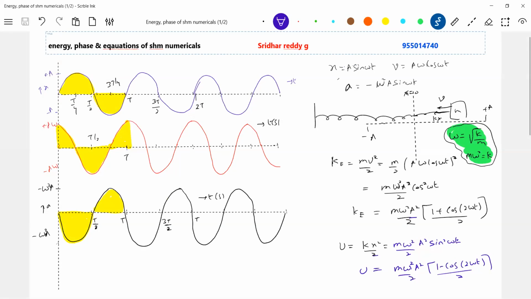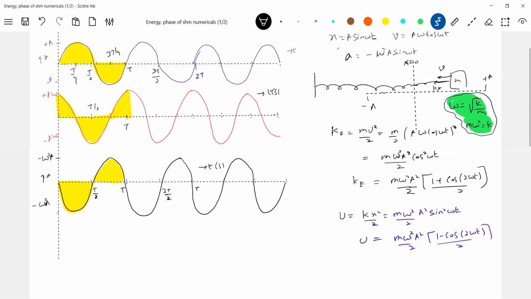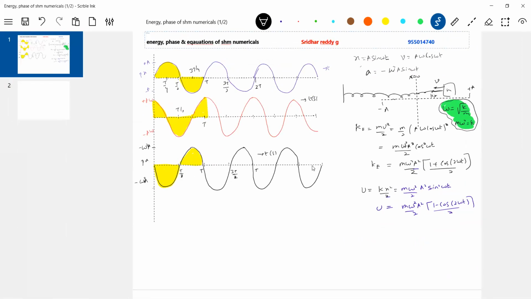The same trigonometry. In trigonometry, it was like y equal to sine theta, x equal to theta. Here, instead of theta, you have omega t. So bring back all the trigonometric ideas. You feel comfortable. Okay, we have to plot both kinetic energy as well as potential energy. Let me take the graph now. This is energy as a function of time.